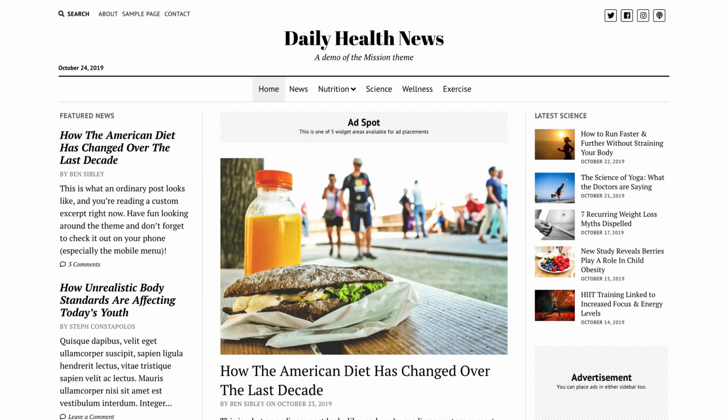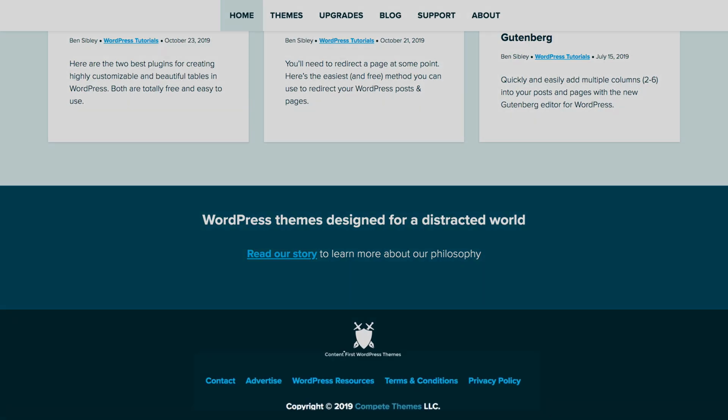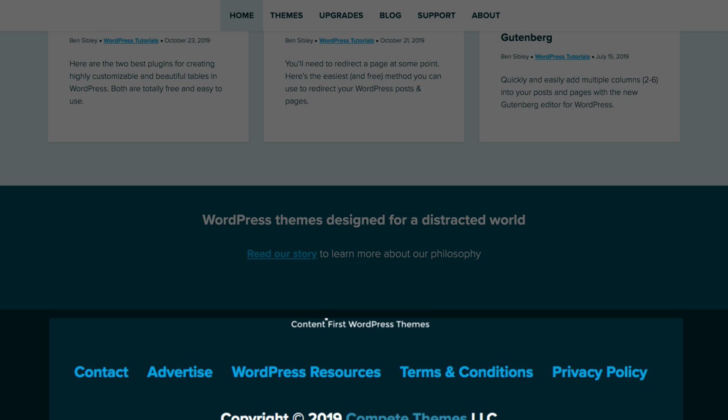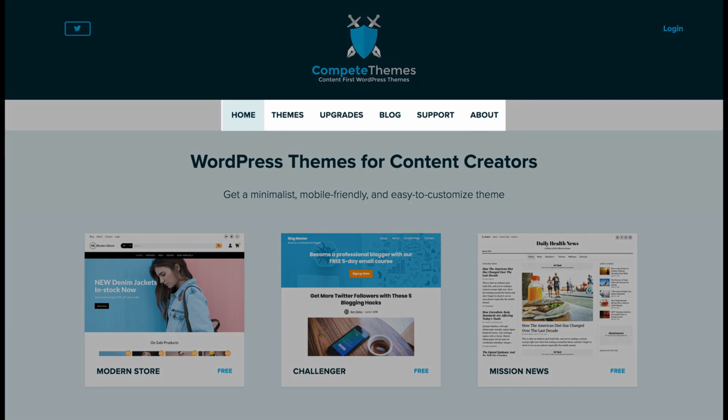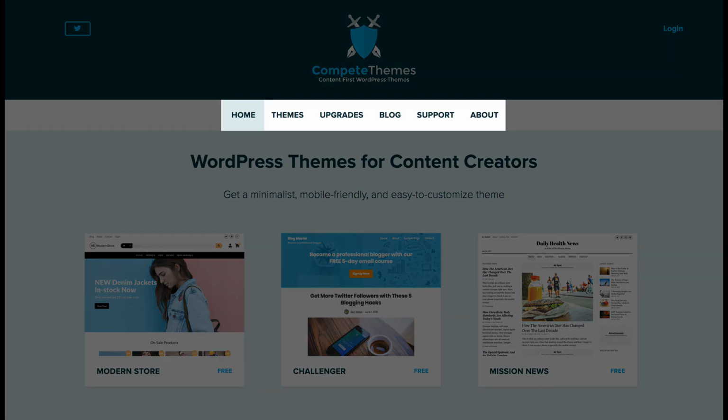For a news or magazine website, you'll want 2 menus. The most prominent menu should list links to all of your post categories to help visitors sort through your content. The secondary menu should be less prominent and link to your foundational pages. For all websites, you can include links to your most important pages as well as the privacy policy and terms of service in the footer of the site. And one quick design tip, menu items tend to look best when they're just one word long, so try to avoid creating menu items with 2 or more words in them.